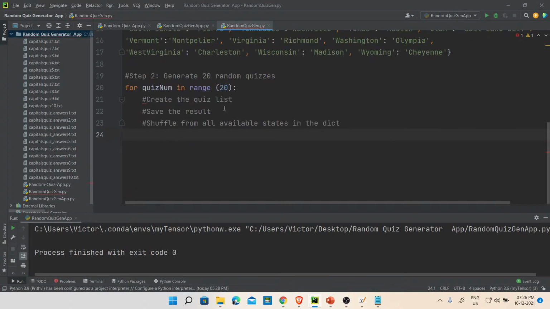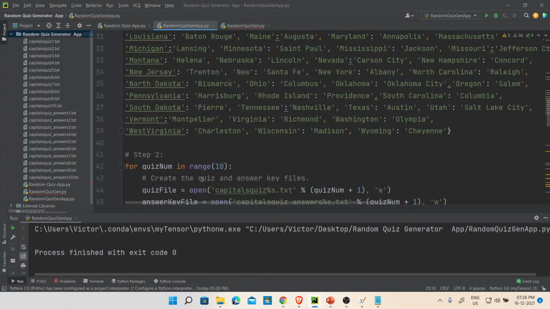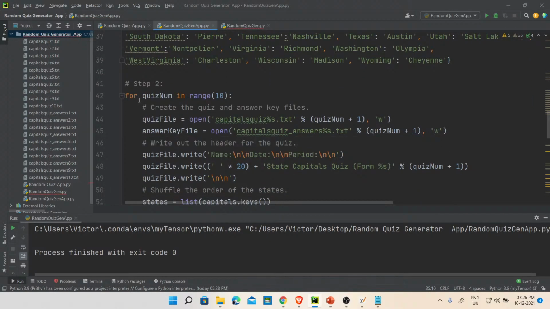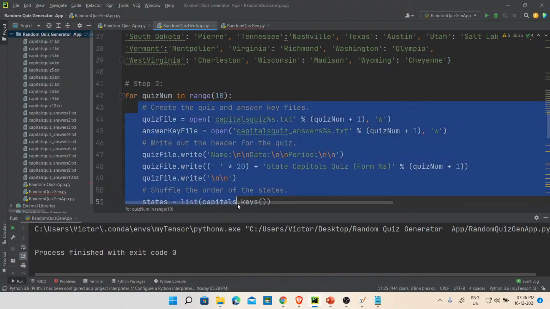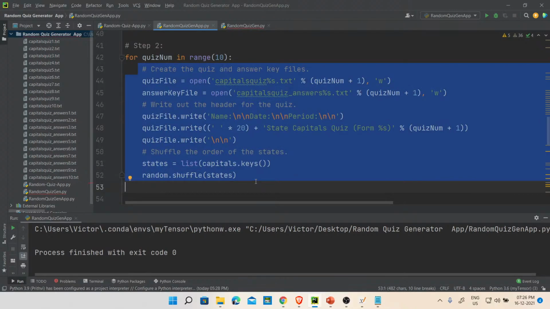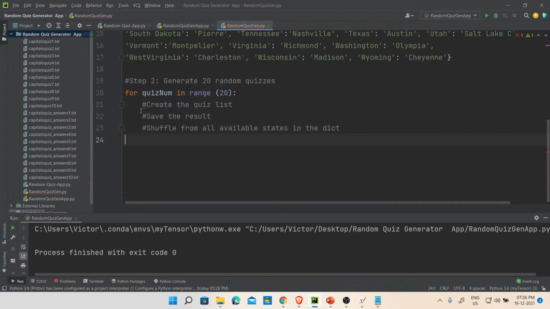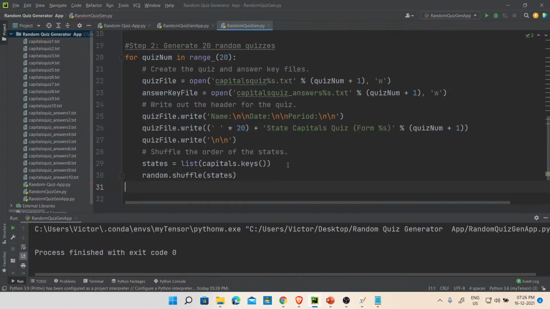Okay, so for this, as long as this holds true, we go here and take this. So create this quiz thing, do that, and then copy this still here, then we paste, and then I will explain this. So this is what we want to do. Okay, then replace it here. Now what are we going to do now?